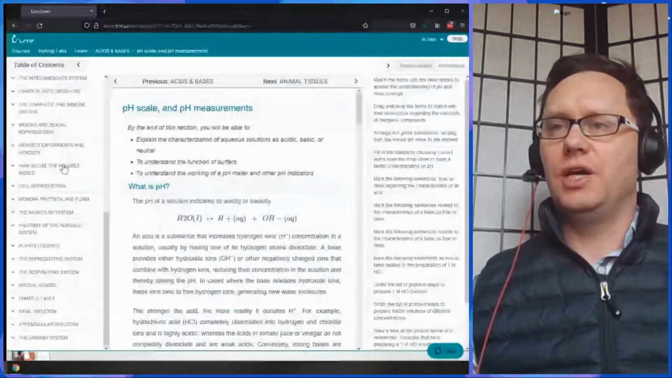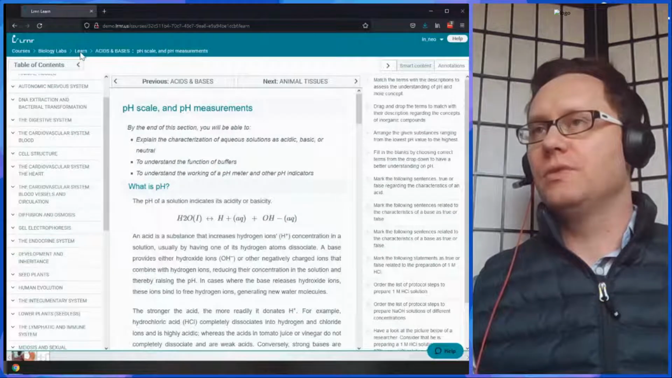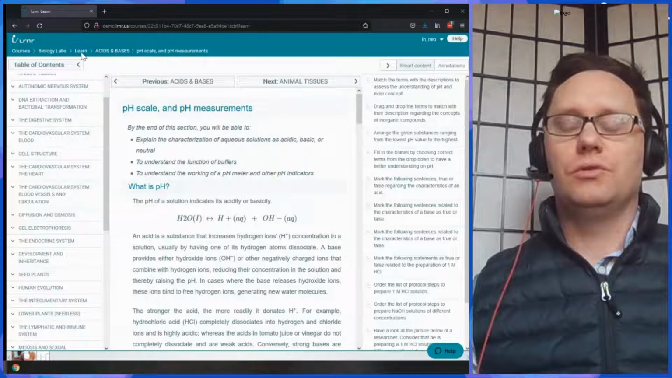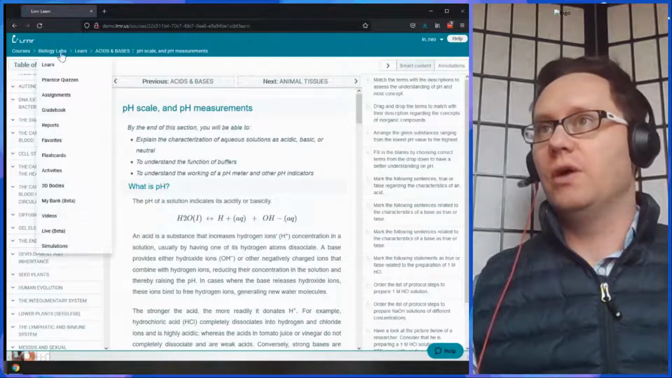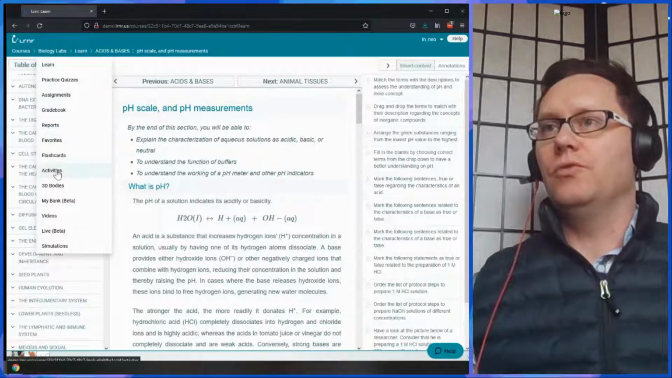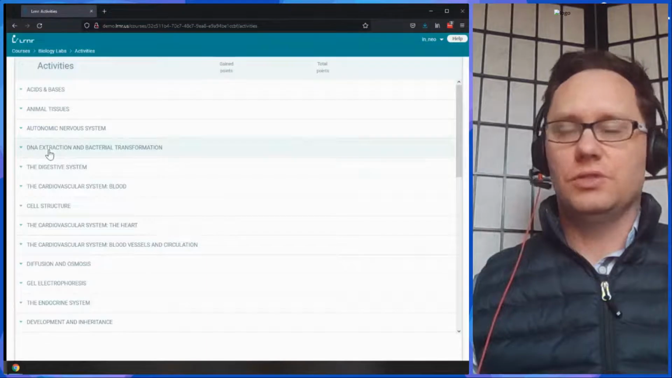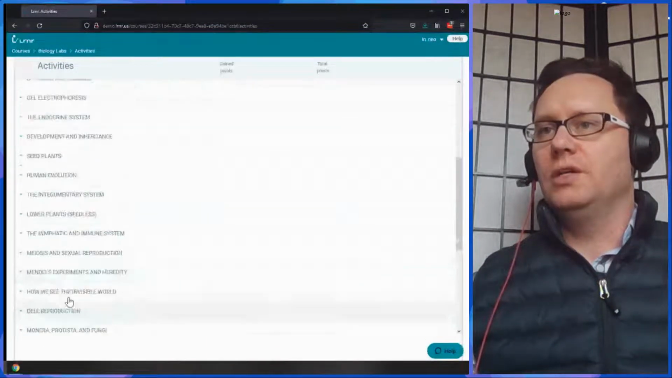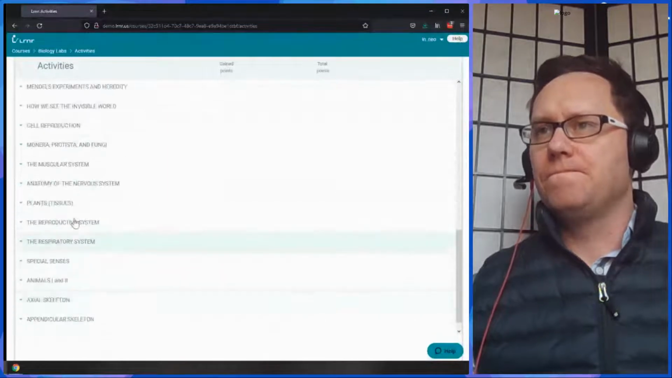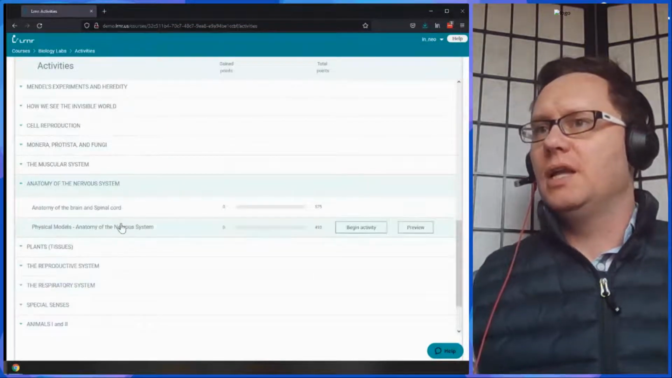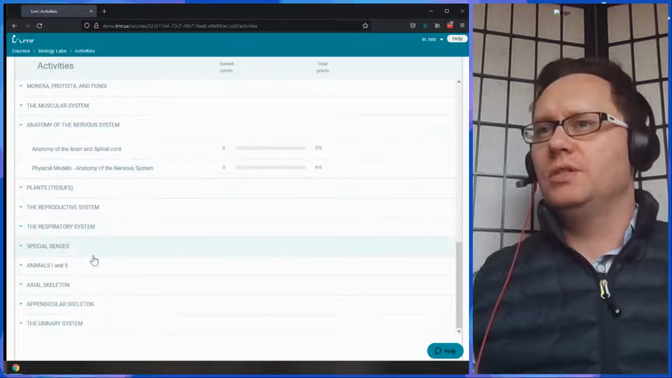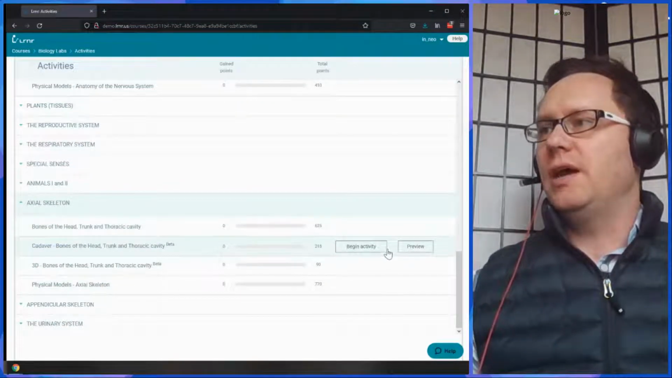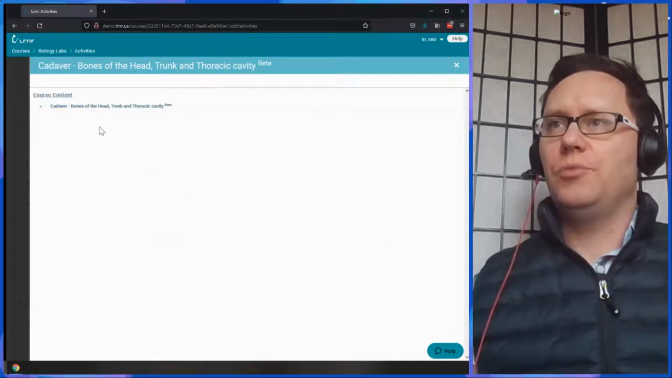So the interesting thing about our learning is we also have three-dimensional designs, cadavers as well. So if I jump over into the activities, we'll see. Let me see if we have some right here. Anatomy of the nervous system. No, that's probably not a great one. Okay, axial skeleton is perfect. So this is cadaver. So if we jump into the cadaver,